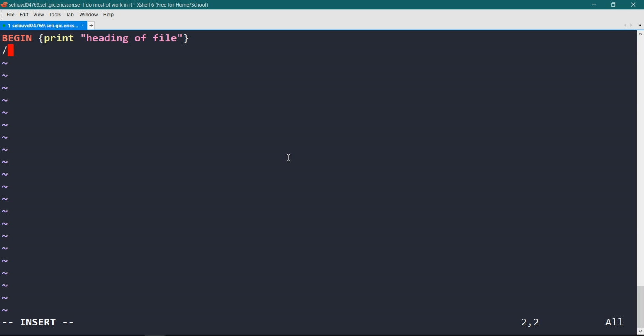Now I write the action here. Suppose I need to search the line that contains Amit, and I need to do print $0. Then I write END, print file processing ends here.